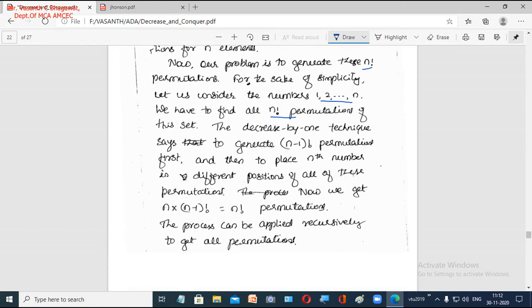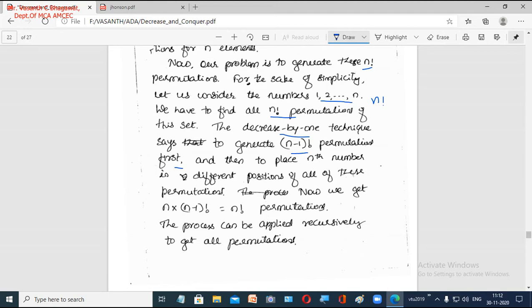Now the decrease by 1 technique, as we have seen in our previous session, says that to generate n permutations, we first generate the n minus 1 permutations, and then we get the last permutation, that is, accounting for the nth number.